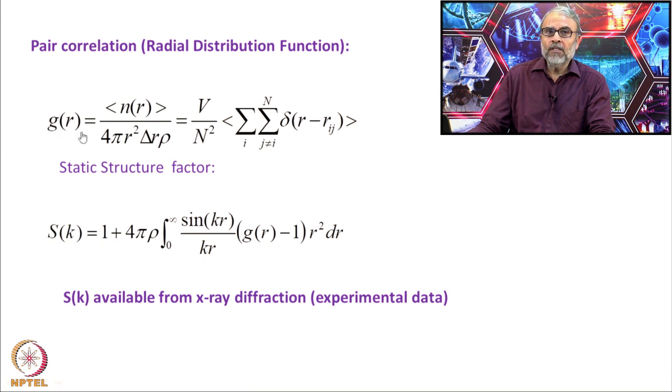Now what is the use of this distribution function? When you take a sine transform of that pair correlation function, what you get is a structure factor. This S of k is a structure factor, and the structure factor can be directly obtained from experimental X-ray diffraction data. So, this pair correlation function is very important because you can directly relate the transform of this correlation function, like a Fourier transform, to the structure factor, which can be measured experimentally. This is the connection between your microscopic pair correlation function and the structure factor.